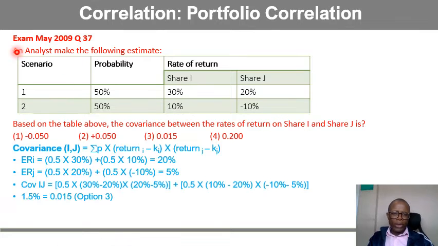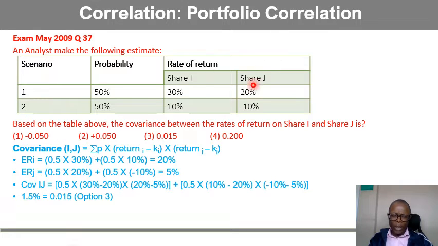Okay, so let's do a question from a past exam. An analyst makes the following estimates: two scenarios, probability 50-50. Return for I, scenario 1 is 30, scenario 2 is 10. Return for J, scenario 1 is 20, scenario 2 is minus 10. But looking at our formula, the first thing we need to do is to find the expected return for I